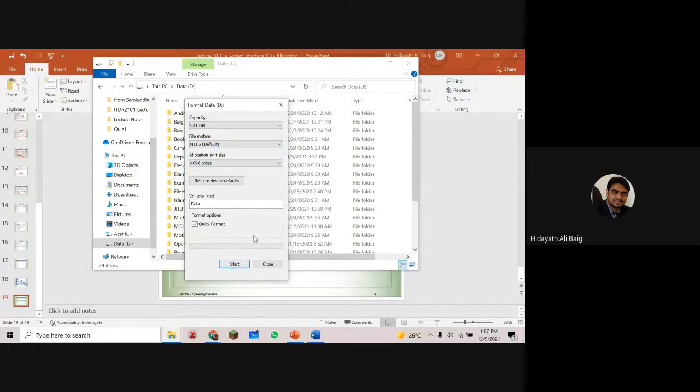Now if I put, for example, my flash drive or my D drive, when I click on start, it is going to format. I will tell you about formatting in lecture number 12 because there is a topic about formatting. But I want to show you today what the file system is, because we talked about the file system in the lecture. So this is the file system, New Technology File System. If you want to read more about this, read on Google. What is NTFS, New Technology File System, and what does it do? That is basically what it is going to do.